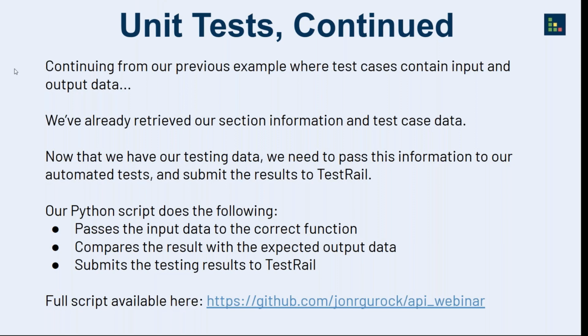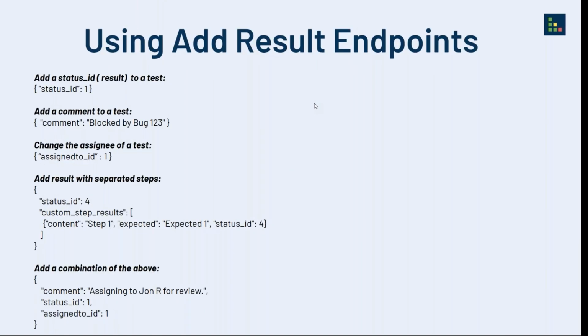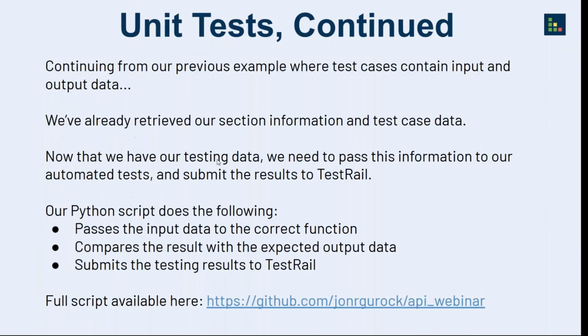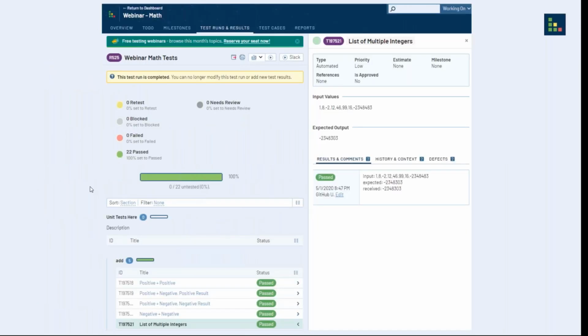The contents of the post request, I'm just going to go back a couple of slides real quick. The content of this post request would likely just be an array of status IDs and/or comments, as shown in the Insomnia example. In Insomnia or Postman it may not be necessary, because the data is just going to be composed as JSON with a status ID and/or comment. So once we submit that data to TestRail,